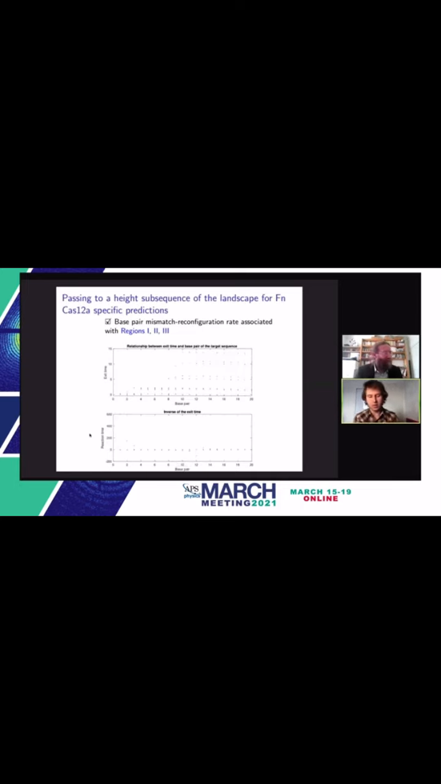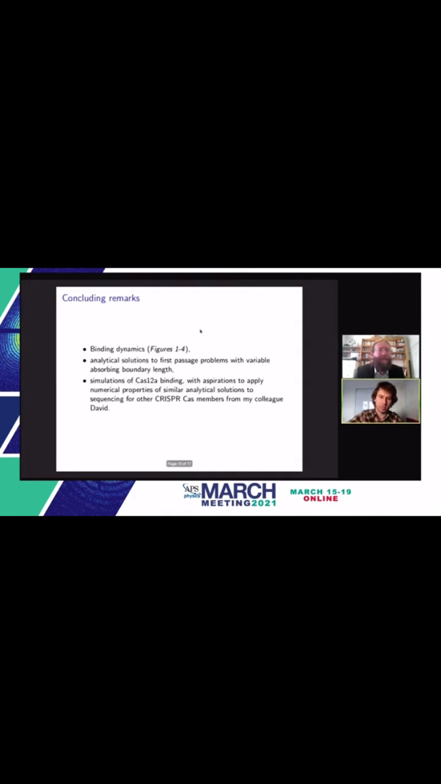And with this value of the parameters, we can also shed light on the remaining predictions that we have for regions 1, 2, and 3, because we can see that depending on the location of the base pair mismatch, we can observe substantial changes in the predicted exit time for this reaction process, which are specific to FnCas12a. And as a conclusion, I introduced in my talk the binding dynamics, I provided analytical solutions,